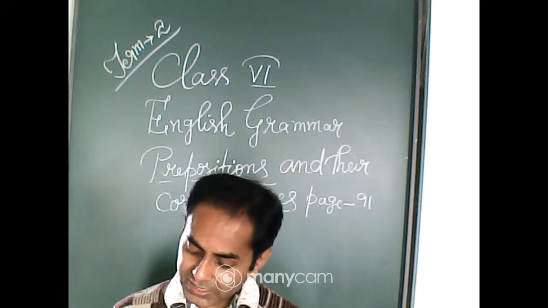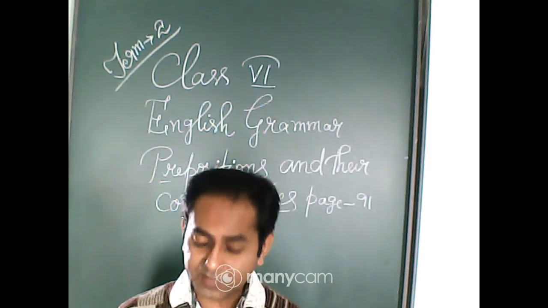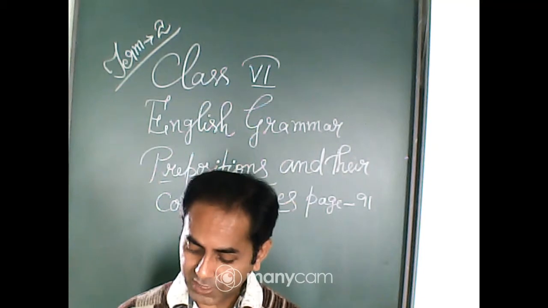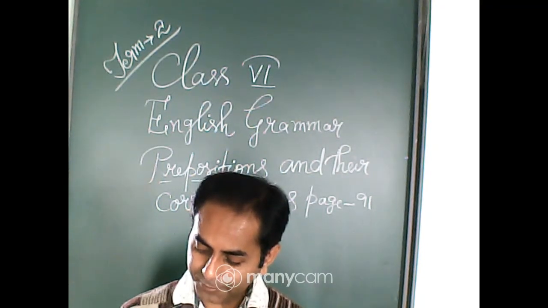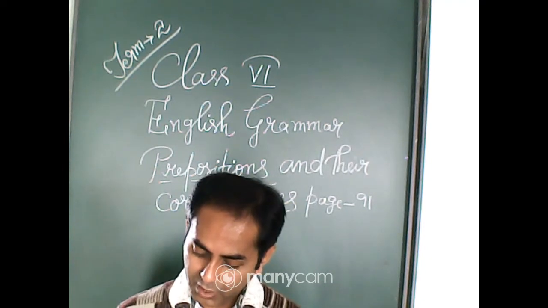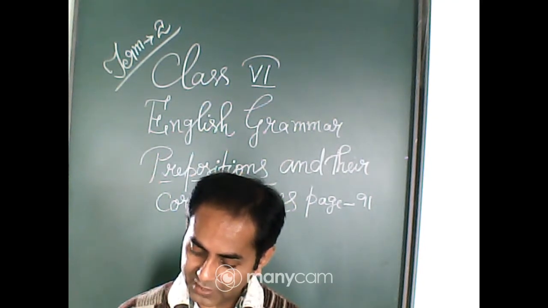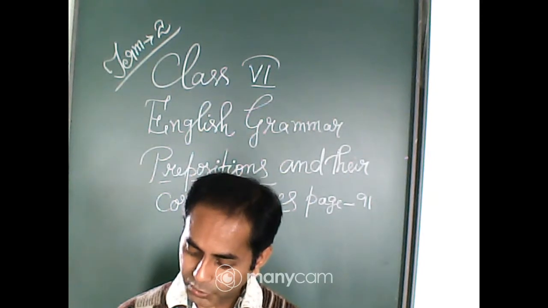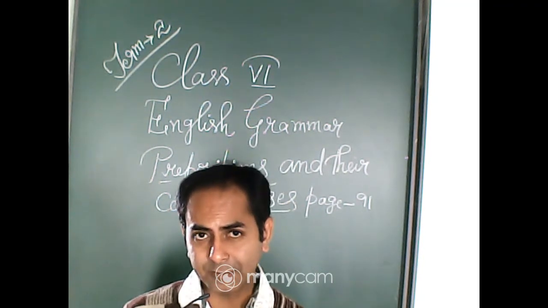Okay. Types of preposition. How many types of prepositions are here? Here it has been shown as 3 different types of preposition: preposition of place, preposition of time, preposition of direction. Now what are prepositions of place? Prepositions that give us information about the place, location or position of a noun or pronoun in relation to something else are called prepositions of place.